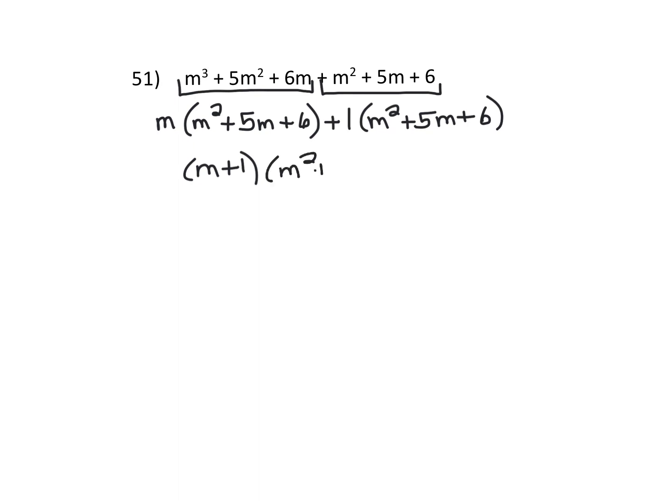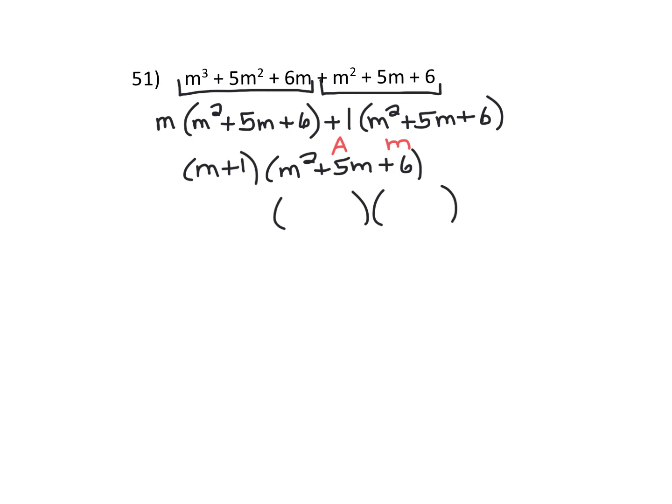Now we do want to look and say, can we factor further? And what you'll notice is this, we can. This is a trinomial. So as long as we can come up with 2 numbers that add to the middle term and multiply to the last term, then we can factor it further. And we can, right? Isn't 3 plus 2, 5? And 3 times 2, 6. So we can break this up into